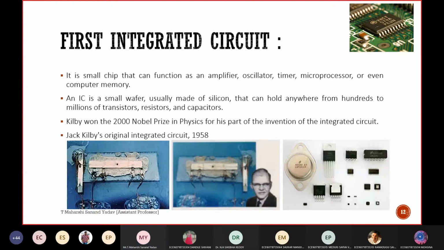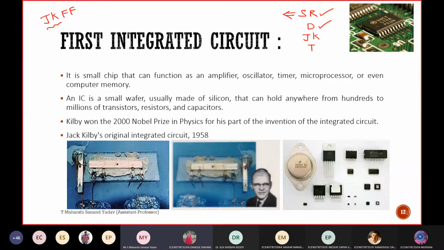Next. I think in digital electronics you have gone through the JK flip-flop. Can anyone tell me the full form for JK? Master slave? No, master slave is something different, which is used to overcome the race around condition. I'm asking the full form of JK. You have gone through these flip-flops: SR, D, JK, and T. Can anyone tell me the full forms for these? What is S and what is R? Set reset. Okay. Next, D: delay, or data.